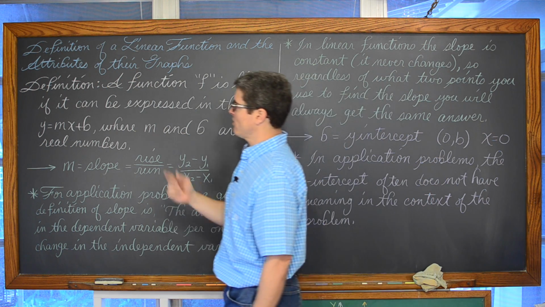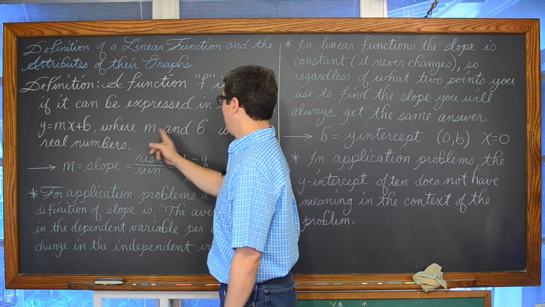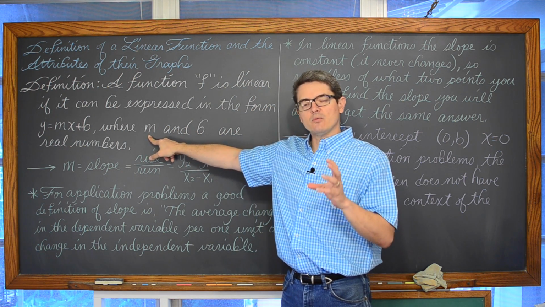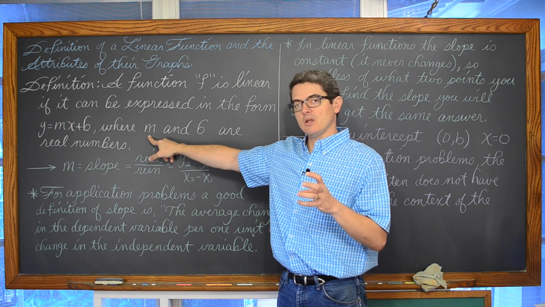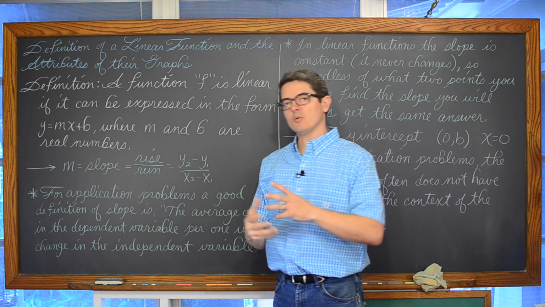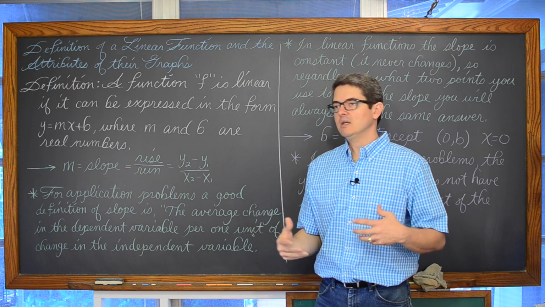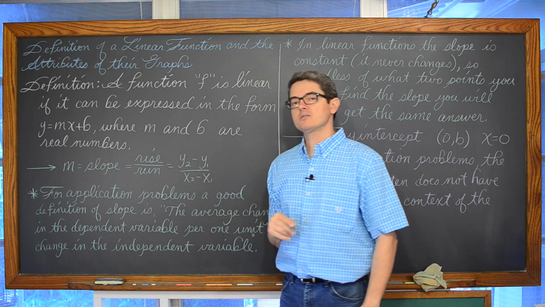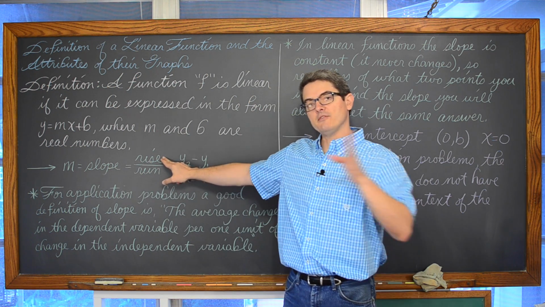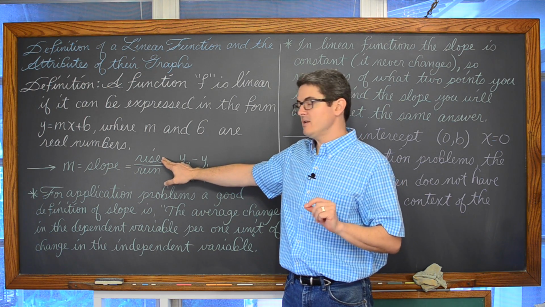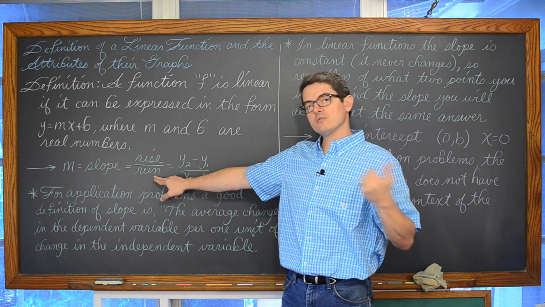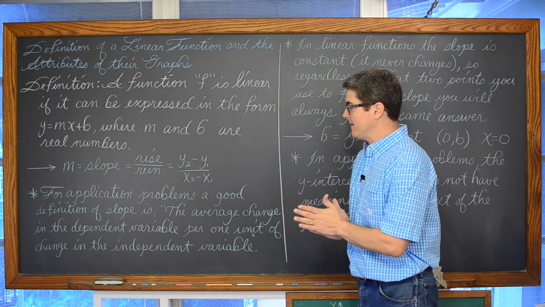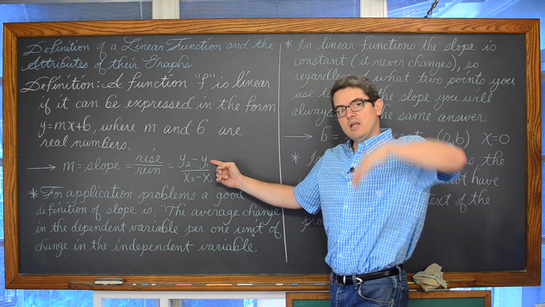Now, in this slope-intercept form, y equals mx plus b, where m and b are real numbers, m is a letter that we save in algebra to represent slope. So m is always going to represent slope. It's not going to be a random a, b, c, d, x, y type thing. M always stands for slope, and slope is rise over run. When you read a graph left to right, how much must you rise, go up or down, and then how far over to the right do you need to go to get from one point to another on a line. Now, rise is a change in the vertical direction.